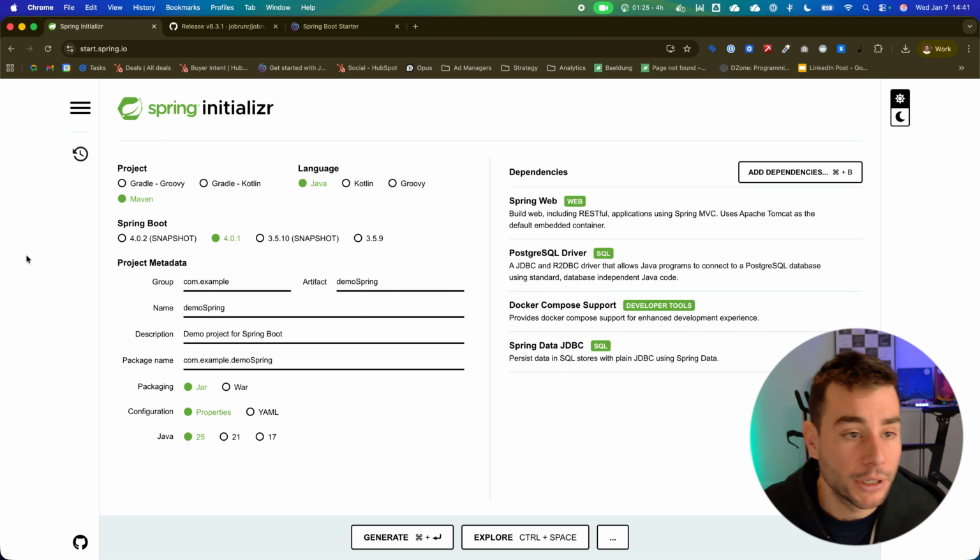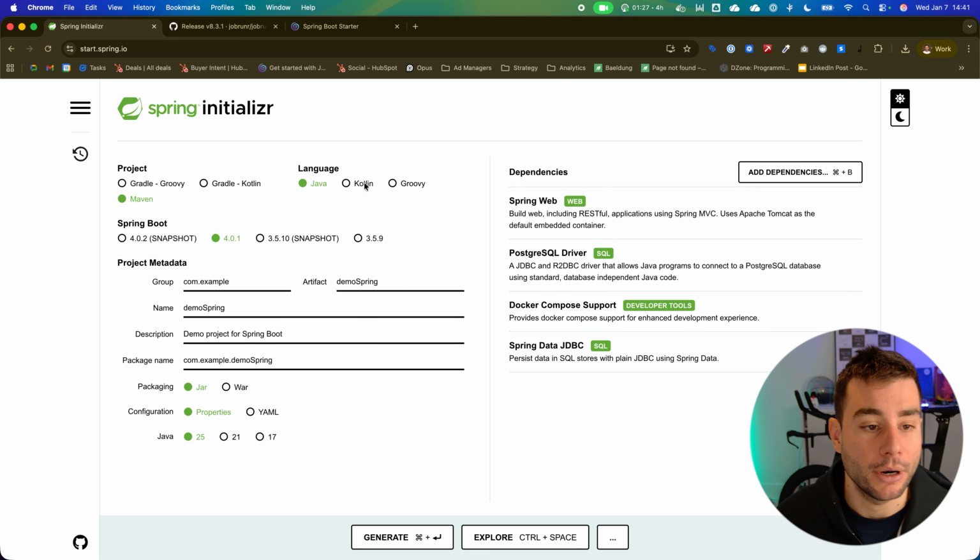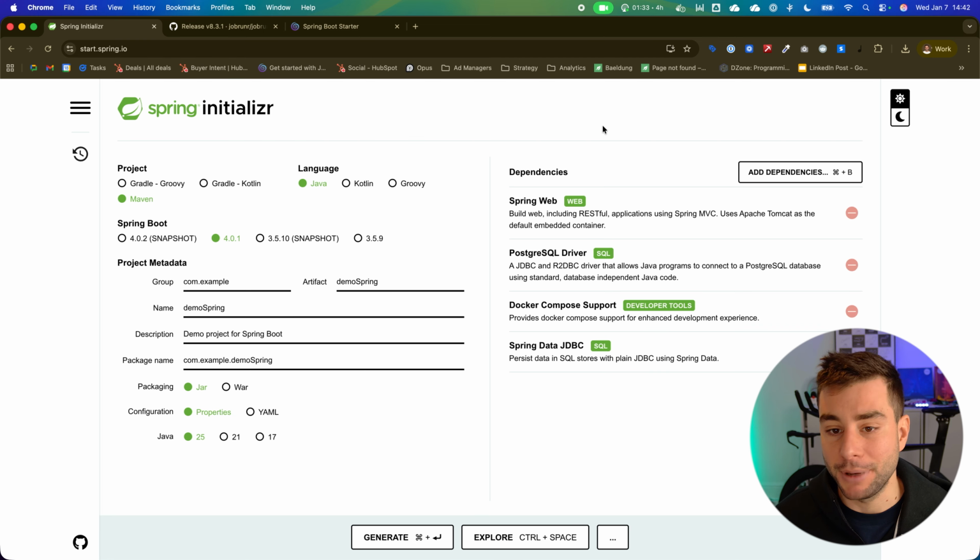with JobRunner. To get started, we go here to the Spring Initializr, where we're of course going to use Spring Boot 4. Going to use Maven as my build tool, and I need these dependencies. I need Spring Web because I'm going to have some API endpoints to then create new clients or users for my bank. I'm going to use Postgres as my database, because I want to have persistent jobs when my server